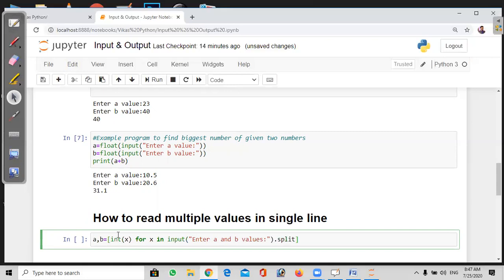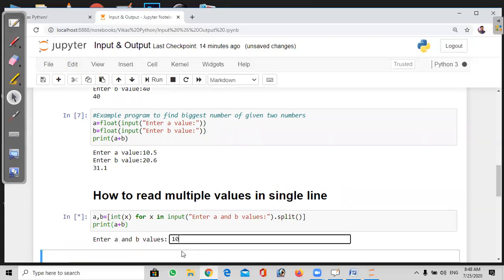I forgot to mention this function. So when you run this one, it automatically takes the two inputs. I'm going to print the values of, for example, a plus b, just to find the sum of two given values.